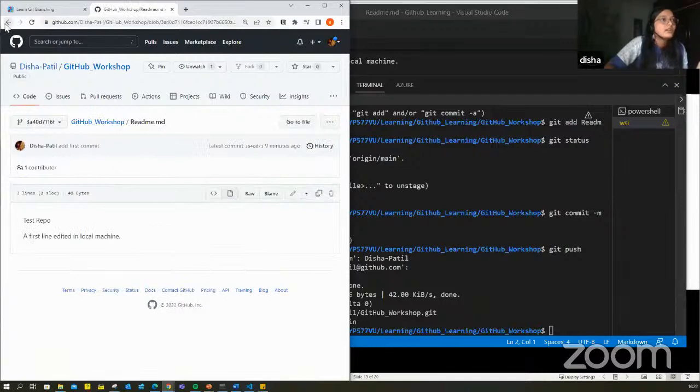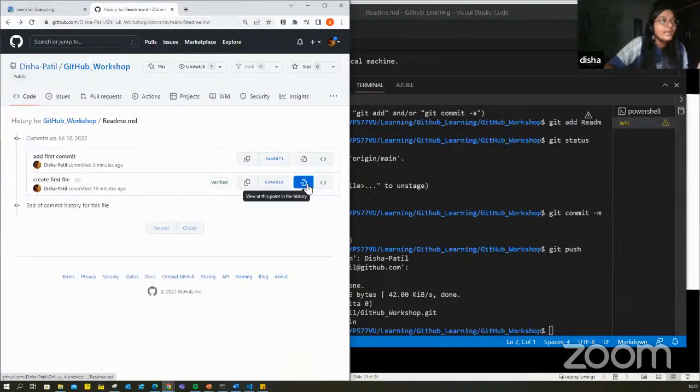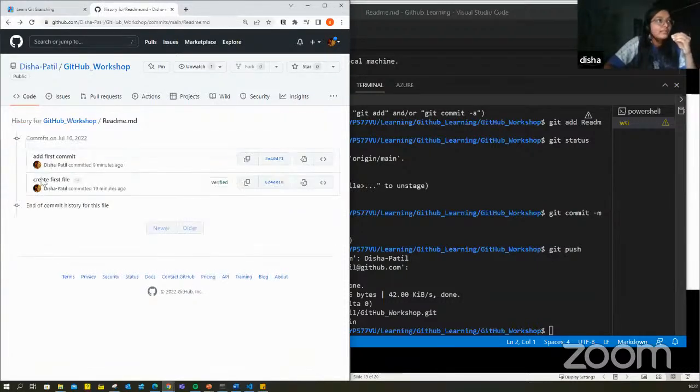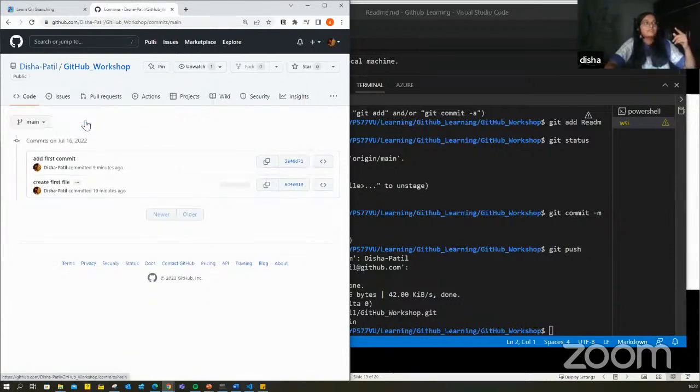Yeah, so I can basically go into any of these commits and view at this point in the history, meaning at this point I had frozen some version of my file, and I can view what this version is looking like, what the previous version is looking like. So you can visualize the graph or history in GitHub as well.